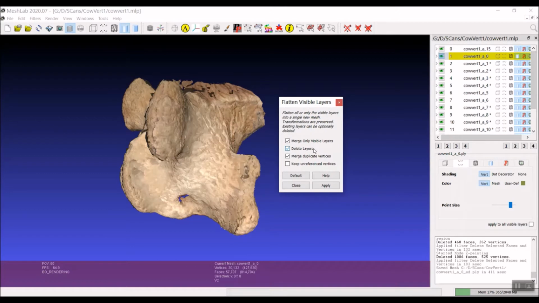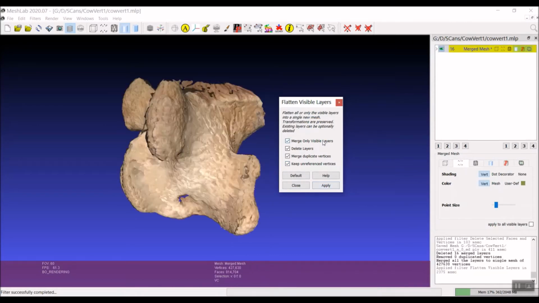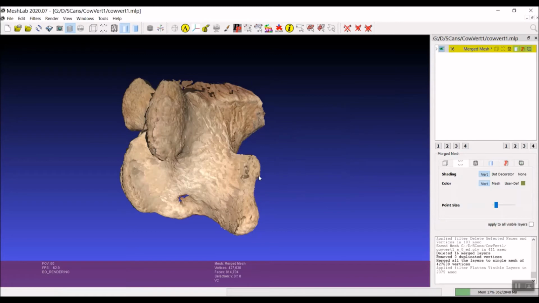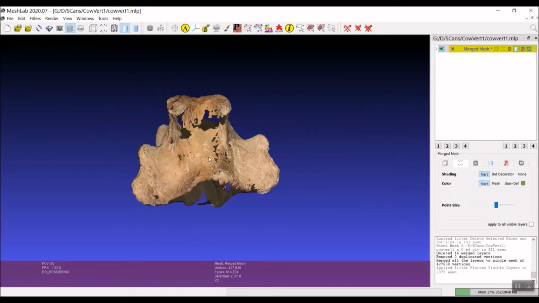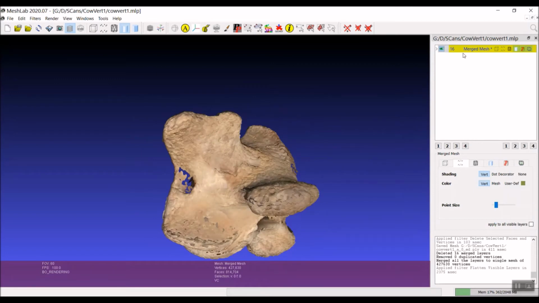And so this doesn't create a watertight mesh. All it's doing is combining all of these layers into one. So that's what we want to do. Go ahead and select Keep Unreferenced Vertices. And all of these, we want to go ahead and delete the layers. So I'm going to click Apply and close that. So now you see all of my individual layers have been deleted, and now I have a merged mesh here. So we can export that